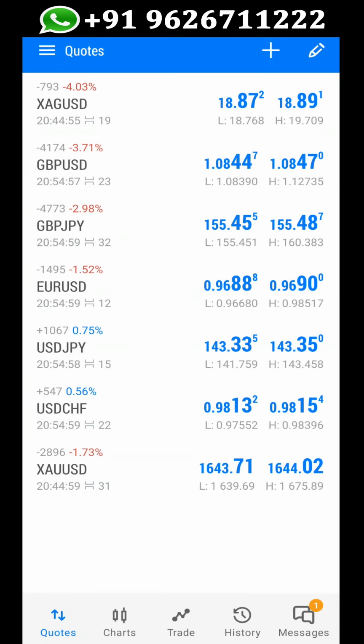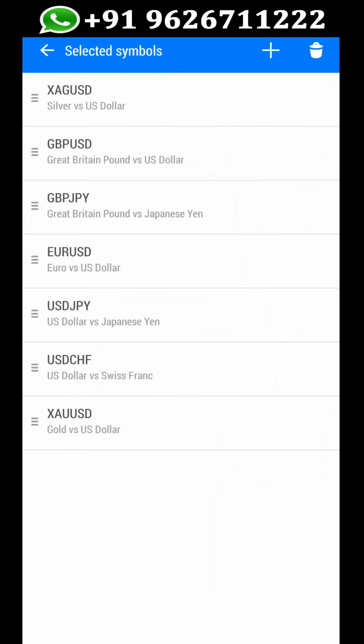The third option: how to reorder my trading pairs. Actually in my trading list, at the topmost are XAGUSD silver, GBPUSD, GBPJPY, EURUSD. So I plan to reorder with the currency pairs first and finally the commodity gold and silver pairs in the list. So next we will see how to reorder our trading pairs. Again tap on the pencil icon in the top right side corner. Next tap and hold the symbol and you can move pairs up or down according to how you want them